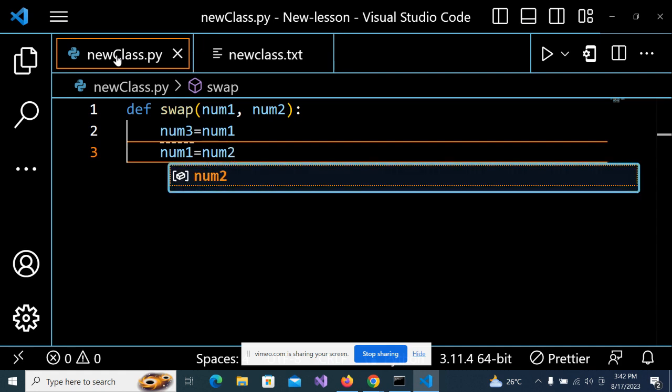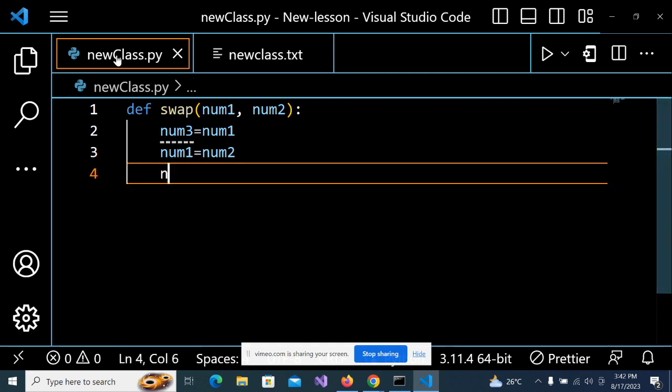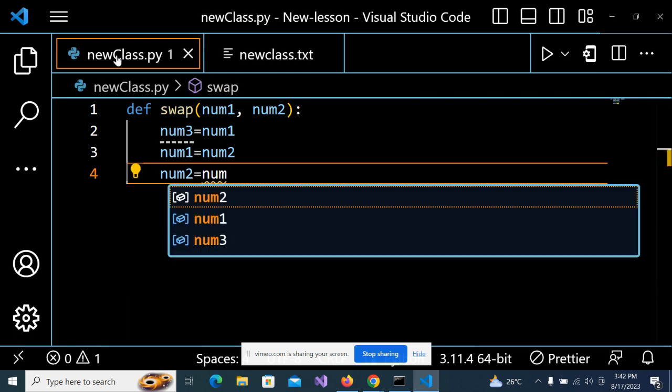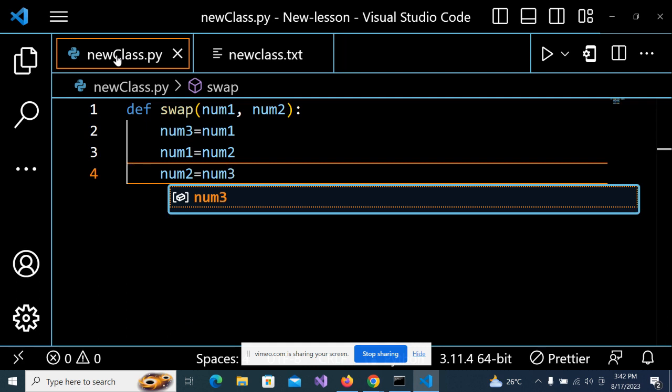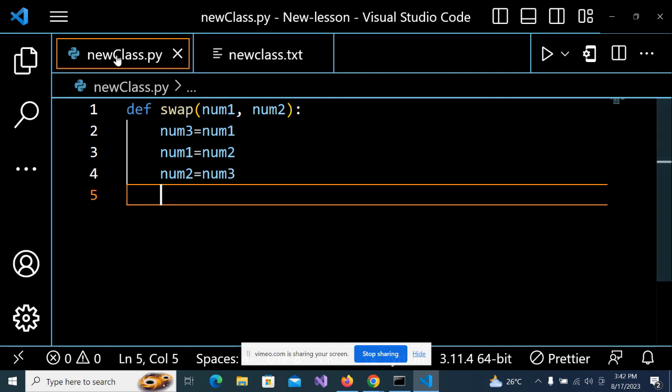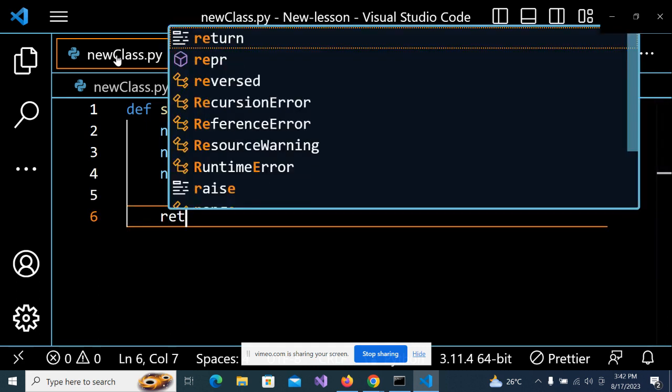Now num1 equals what? Num2. Now num2 is what? Empty. So since num2 is empty, we can now say num2 equals what? Num3. Yes, num3. So in this case we can now say return